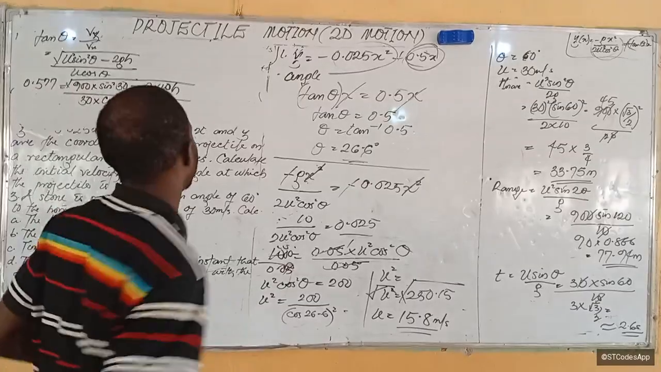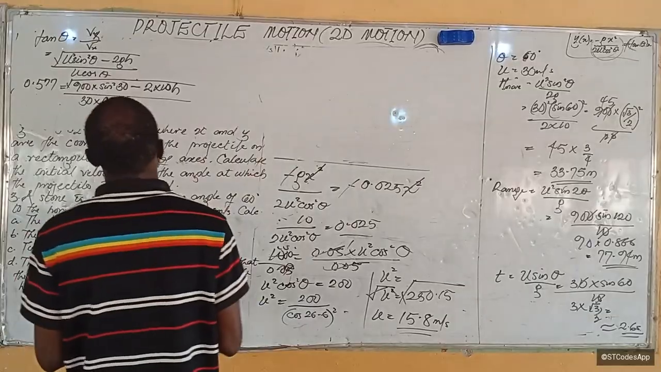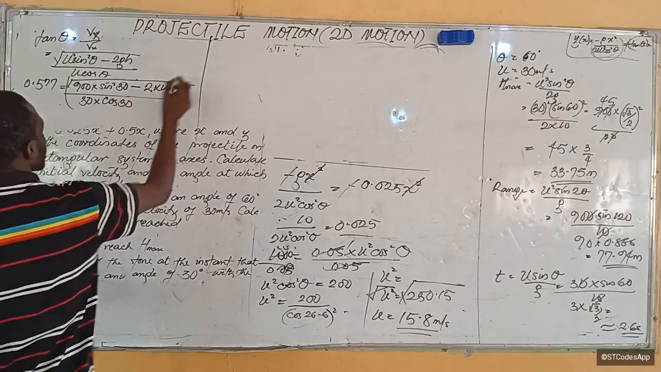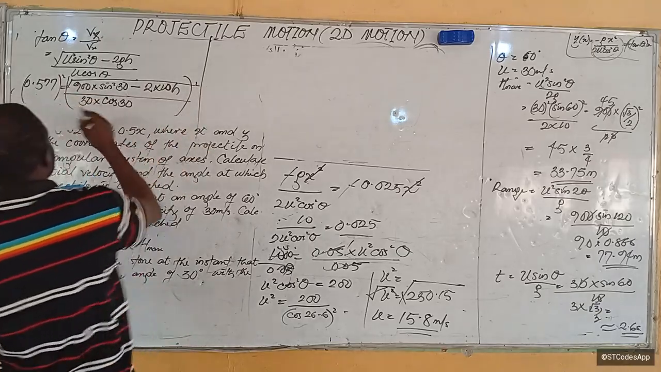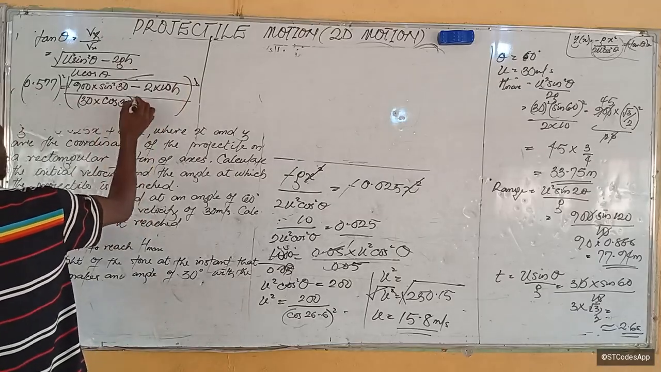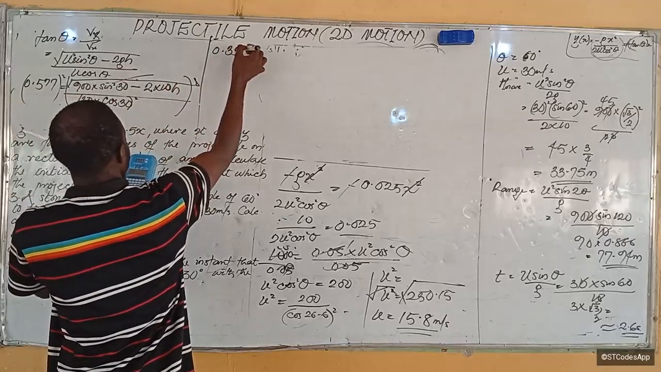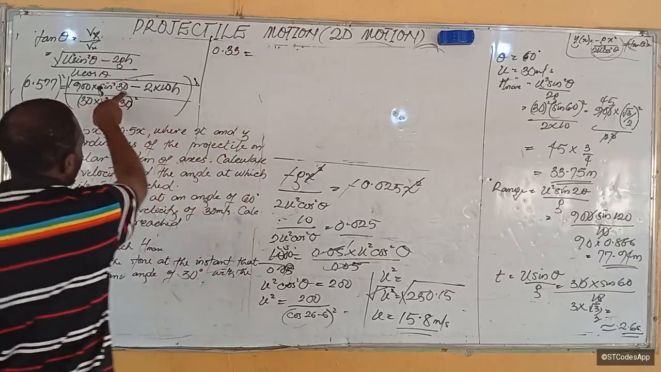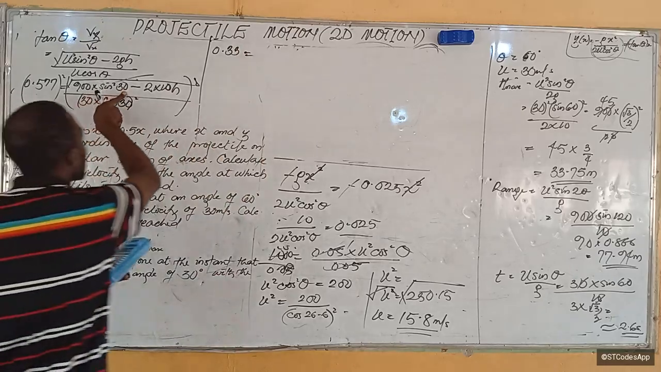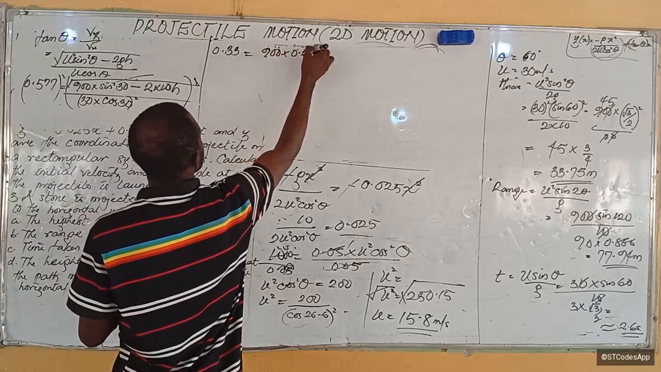So from here, let me clean this side. From here, we would have that. We square both sides. On this side the square cancels the square root, then we'll square this one too. The square of this will give us 0.333, equal to 900 times sine squared that. Now what is sine 30? 0.5. 0.5 squared is 0.25. So we have 900 times 0.25